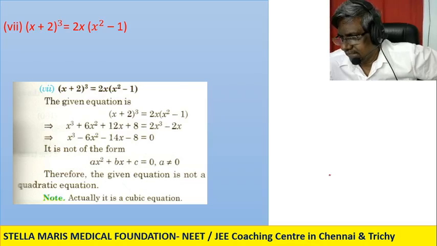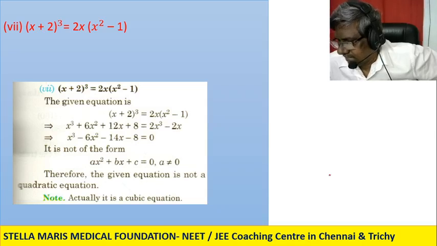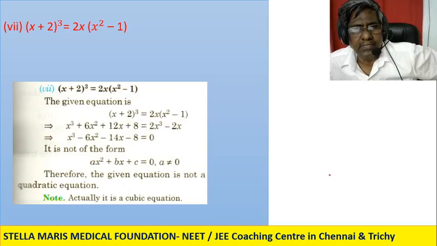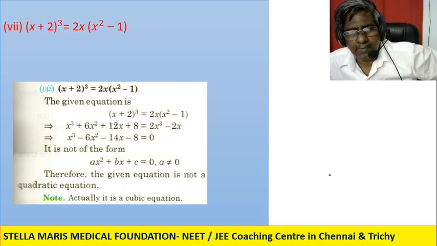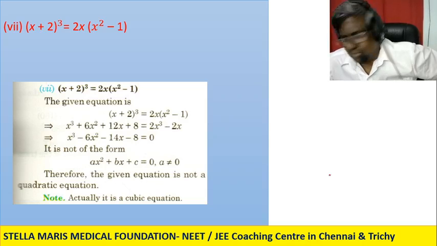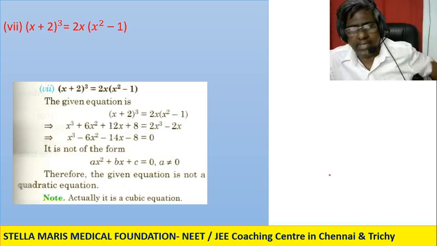Yes, it is in cubic. Good, Samant, that is very nice of you. It is in cubic, you are 100% right. So when you find it like this, x cube is there, so it is not in the form of a quadratic equation. The form of a quadratic equation is ax square plus bx plus c is equal to 0. Fine. Now let us see a last sum.